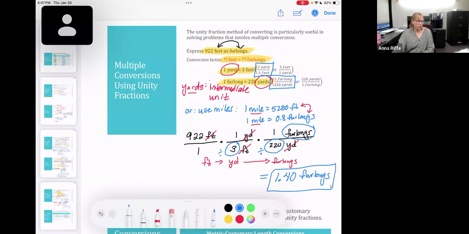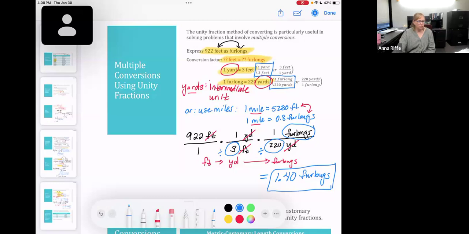Okay, questions on that? Okay. So there's an example with 2 different unity fractions. As long as no one has questions,